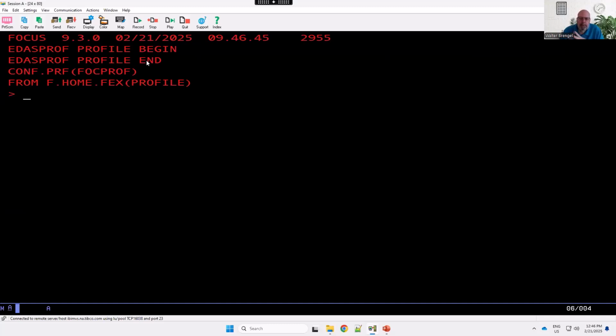FocParm runs the very first thing, so you don't see any messages that it ran. I'll have to check what I set, but I think I either set save matrix to on or auto table F to off. But we see the sprof ran, FocProf ran, and a profile ran from f.home.fix because I put a profile in there. And that profile is